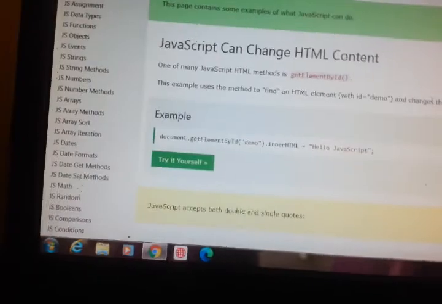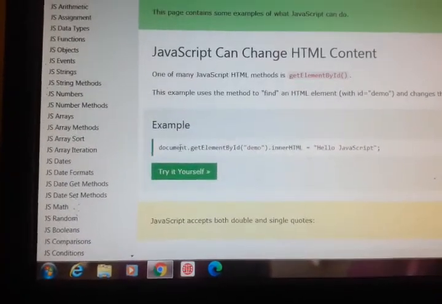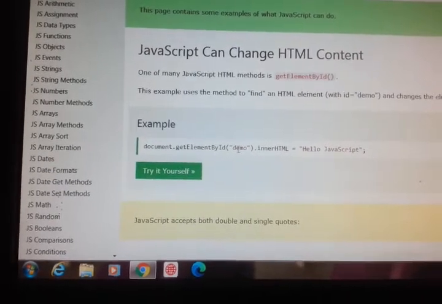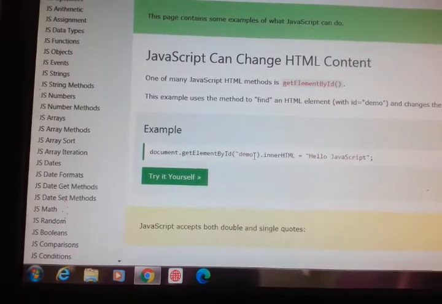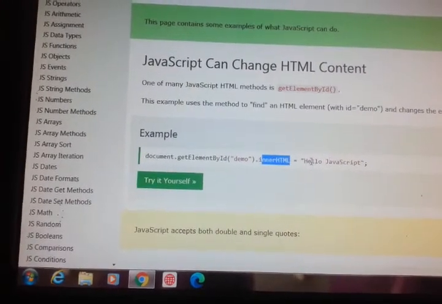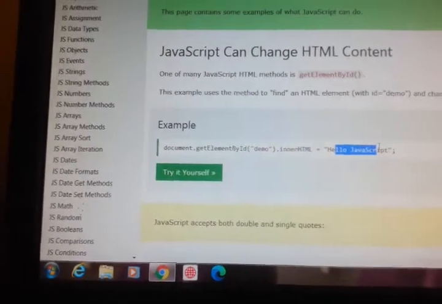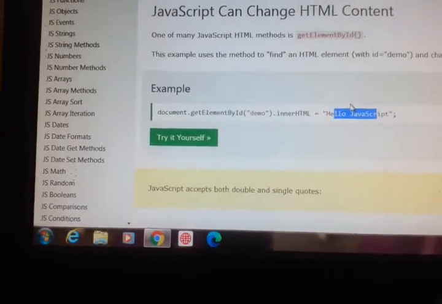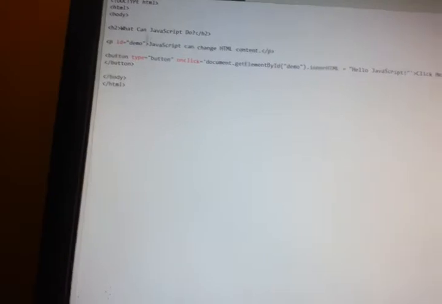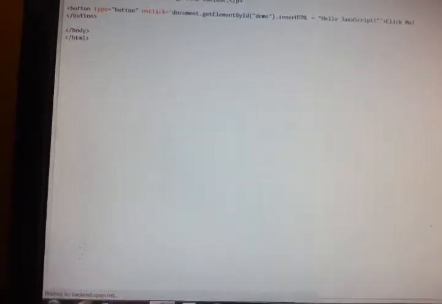Now if you see a simple example: document.getElementById("demo").innerHTML = "Hello JavaScript". So this is a simple example which prints Hello JavaScript.